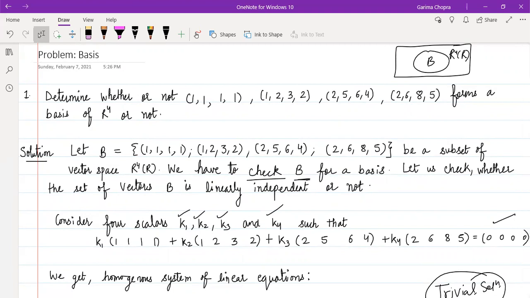So in this way, we can check whether the given subset is a basis of a vector space V or not. For that, we have to verify both conditions. We have to check whether it is spanning that vector space or not. And the second thing, we have to check whether that collection of vectors is linearly independent or not. If any property is not satisfied, in that case, the collection of those vectors will not form a basis.